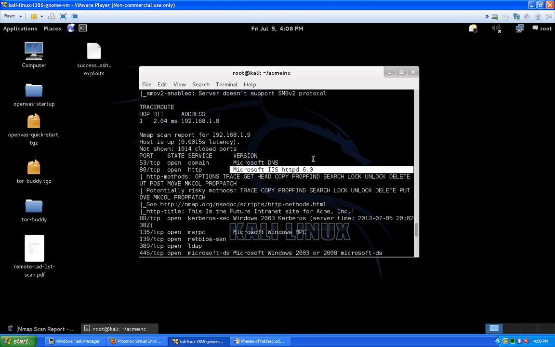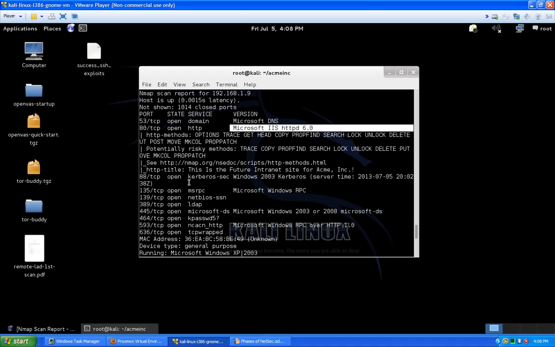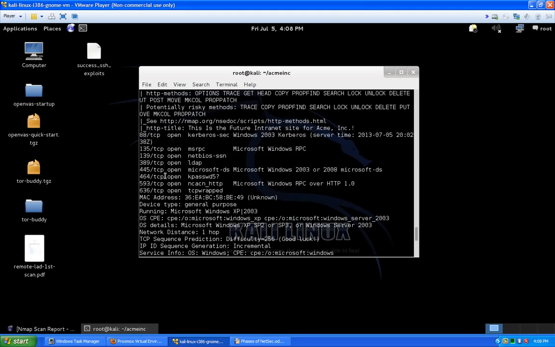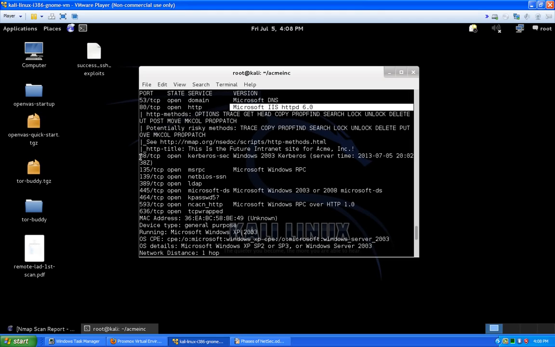That's bad, that's outdated, right? So it also gives you the HTTP methods. You got options, trace, get, head, copy, so on and so forth. Now that might be of interest to you if you're trying to do some sort of injection into the websites or something like that. Moving forward, you can see the other open ports it has here is 88, Kerberos,